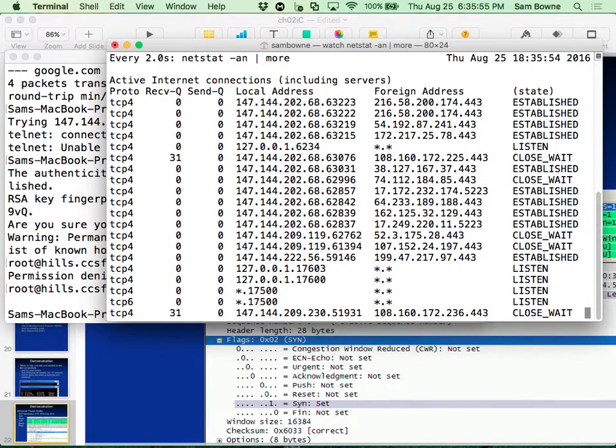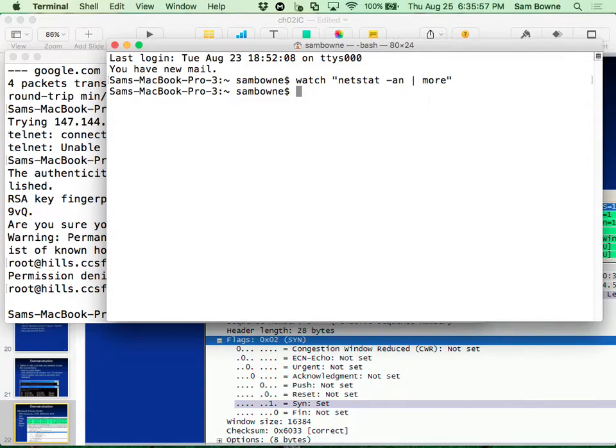Let's show you that. I hate this, so I never use it. But if you do netstat -a, pipe more,